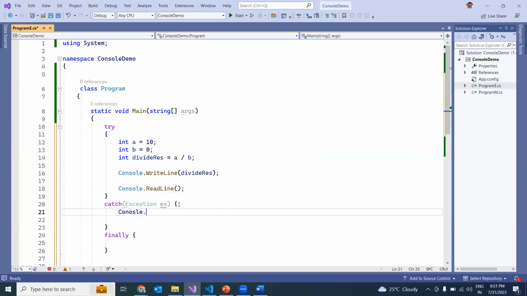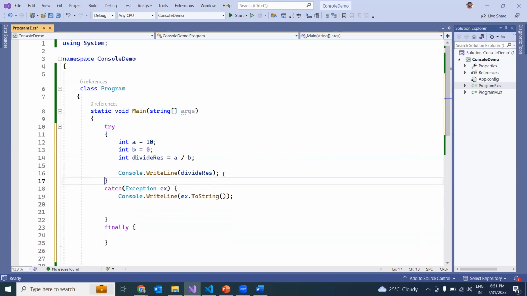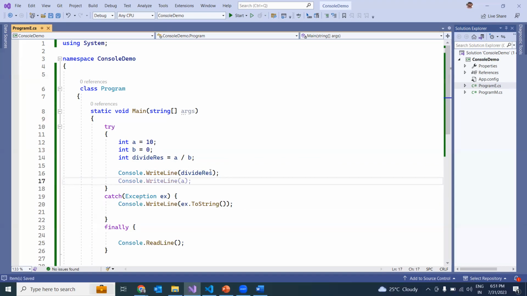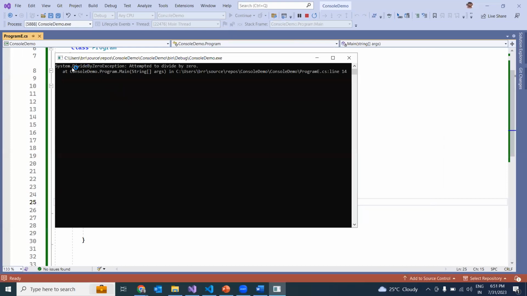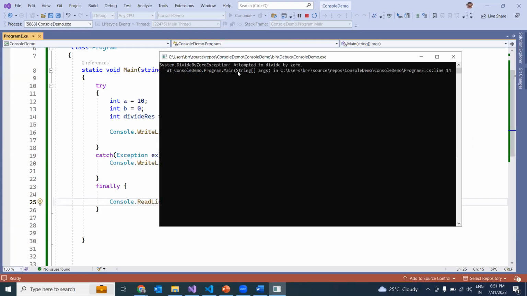When an exception occurs, I'm going to print a line, and then I'm going to keep this statement here in the finally. As I said, irrespective of exception, this line of code is executing. When it executes properly, it comes here and prints, and then it executes this. When an exception occurs, it comes here, and it also executes this statement. When you run this, it displays the exception saying System.DivideByZeroException, attempted to divide by zero, and so on. And then it executes my finally block